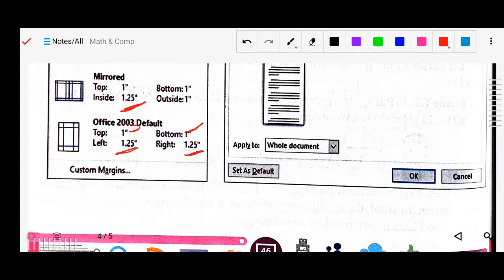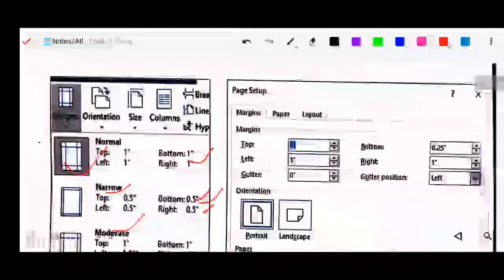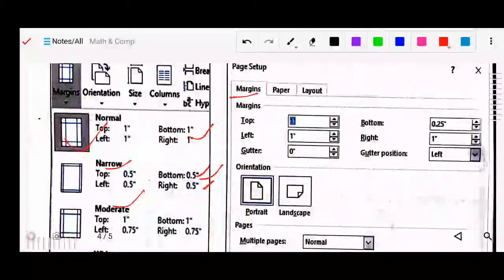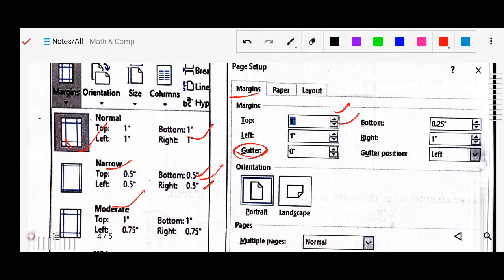Those are predefined, but if you want to customize according to your usage, you can click on this margin setup and use the up and down arrows to adjust. And this is the gutter. The gutter is the place where we can bind your page.